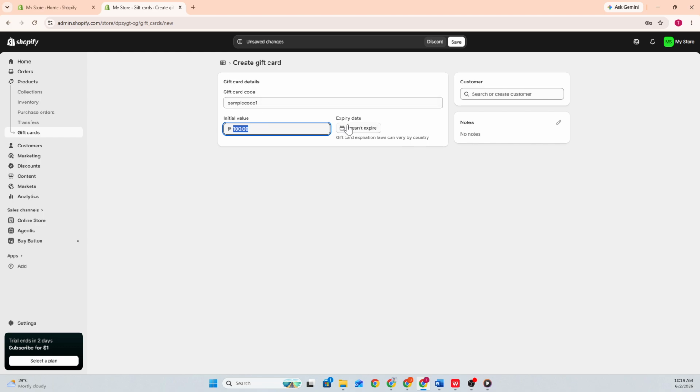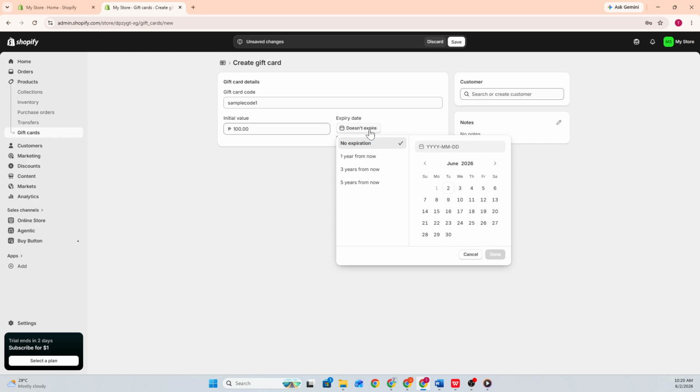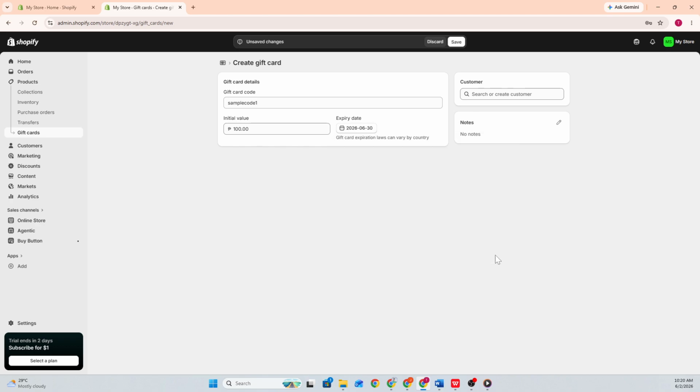Next, look for the expiration settings. Gift cards do not expire by default, so you can leave this section unchanged if you do not want an expiration date. If you want the gift card to expire after a certain period, enter the expiration date you would like to use. After selecting your preferred expiration settings, review the gift card details once more,